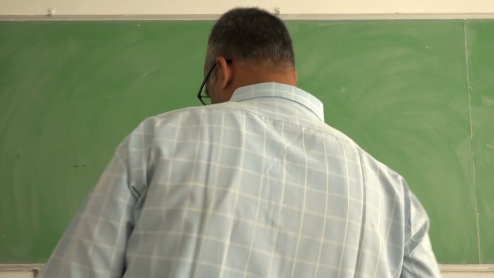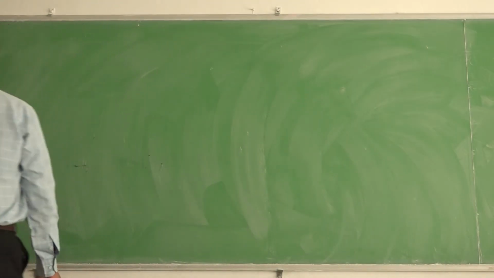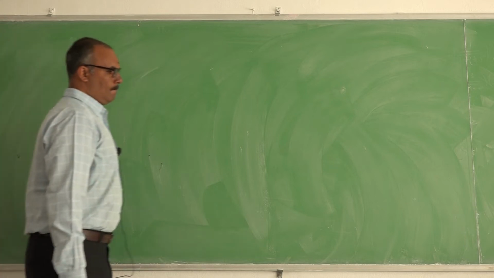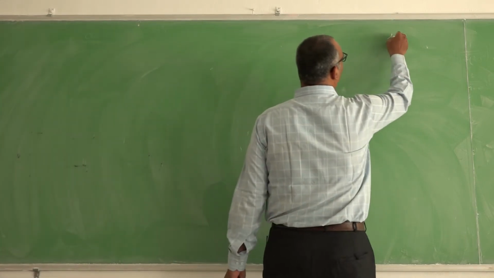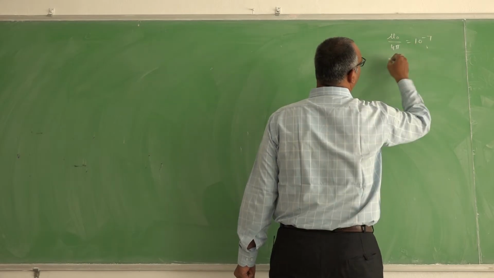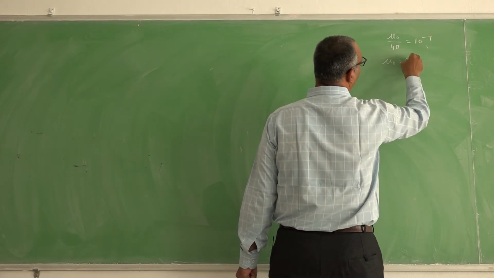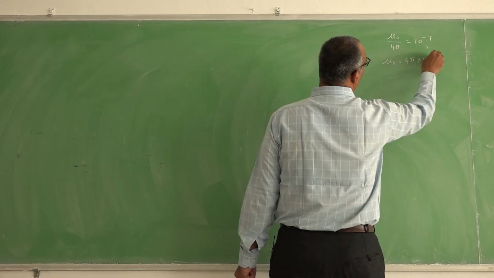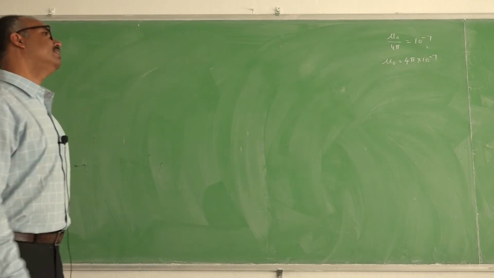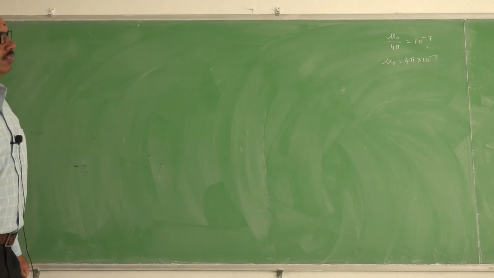Now let us see some applications related to the Biot-Savart law and the formula whatever we learned so far. Before that, we should understand the value of mu naught by 4 pi. Mu naught by 4 pi is given by 10 power minus 7. So wherever you have mu naught, you should write it as 4 pi into 10 power minus 7. So that is the value of mu naught.